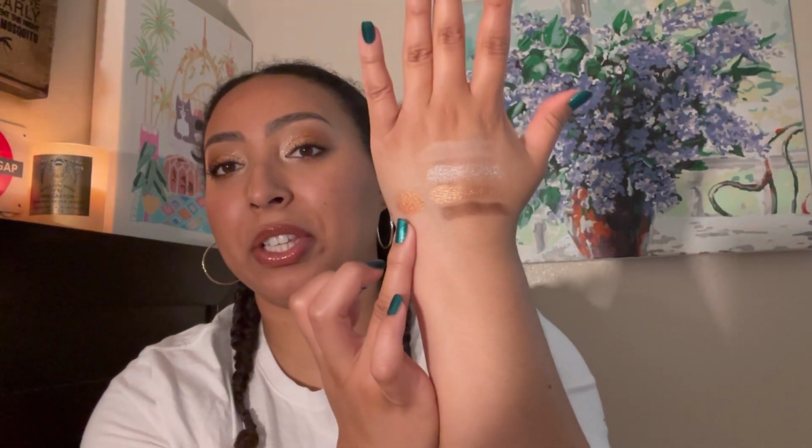Here's what this palette looks like, and this mid-tone metallic is actually pretty warm, so I think I'm gonna swatch the other metallic in the pumpkin pie palette that I still have to hit pan on and just compare those side by side. This is the metallic from the pumpkin pie quad, and this is the one from the cream and sugar quad. Clearly the pumpkin pie one is much warmer and actually looks pretty orange compared to this one, but this one is still pretty warm. So, well, compared to the other shades, it's pretty warm, but this one is an icy, almost